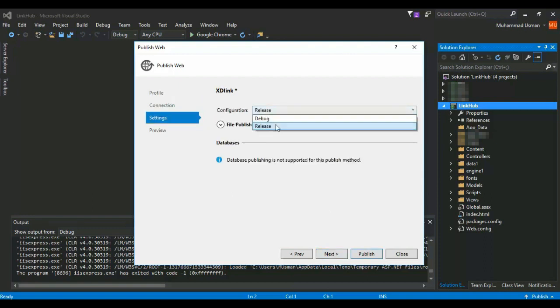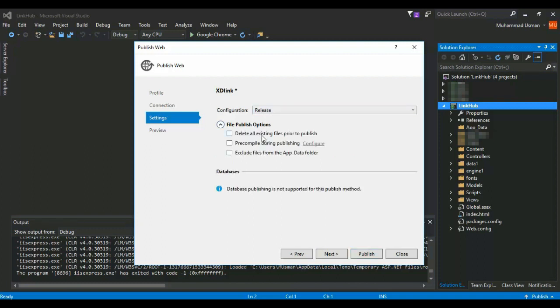So here you get some options. You can select release because I'm running my Visual Studio after debugging, so I select release. If you publish your application a second time or multiple times, you can select delete all existing files prior to publish, which means that in the selected target location folder, if the published version already exists, you can replace it with the latest files. I'm going to select nothing because this is the first time I'm publishing this application. And if you have your database locally in your application's App_Data folder, you can select to execute it if you want to execute the database from your application. So I'm going to